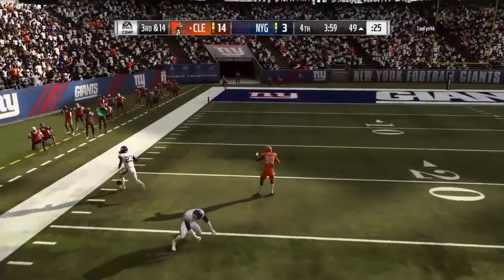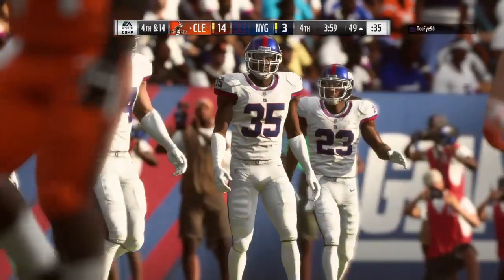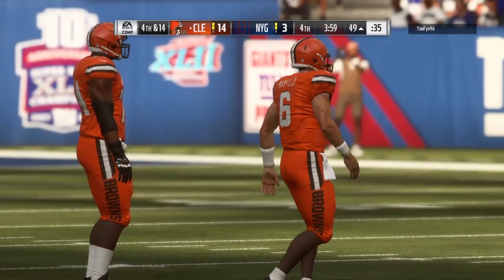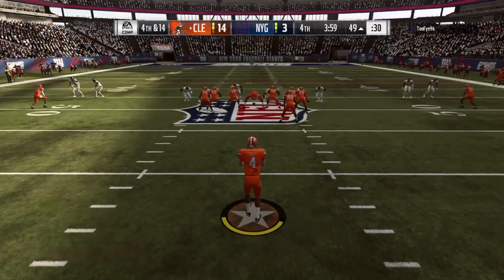Yeah, that one probably should have been picked, huh? And incomplete. The contact made the ball roam free and brings up 4th down. They had enough yards for the first down, but a clutch hit right there defensively jars it free. No first down. Here's Britton Colquitt now as he'll...